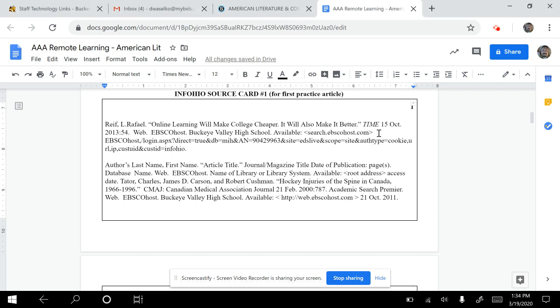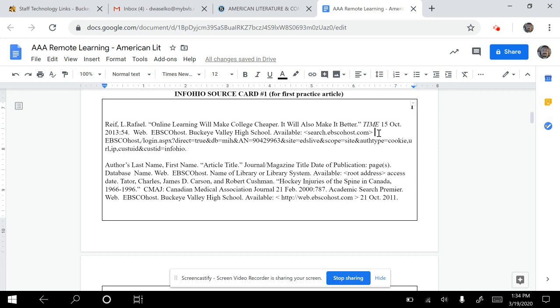All right, the last thing that you put would be the date that it was accessed. Now, I accessed this today, and I believe the date is not showing up on my printout. It would if you were actually printing it out. Also, if you're saving an article to Google Drive or something, it will record the